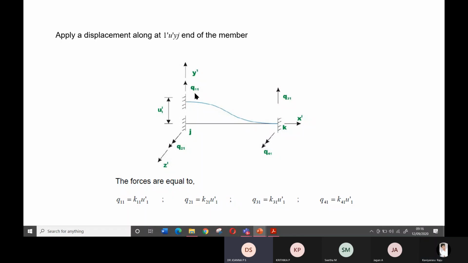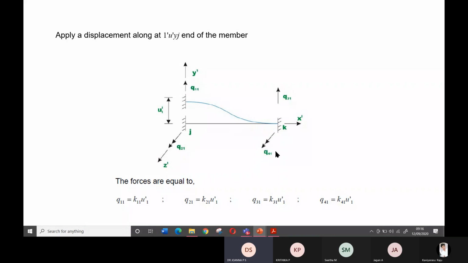So Q12, Q22, Q32, okay, Q42. Very good, very good. I understood. I'm happy that you have understood, because if you understand the concept, then it will be easy for you